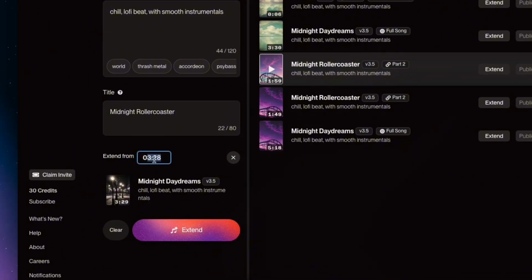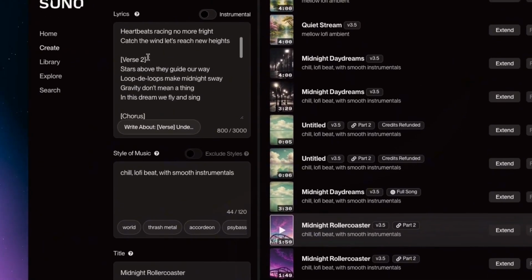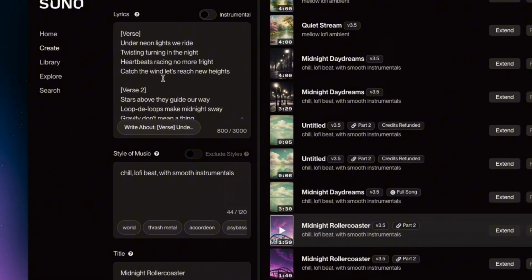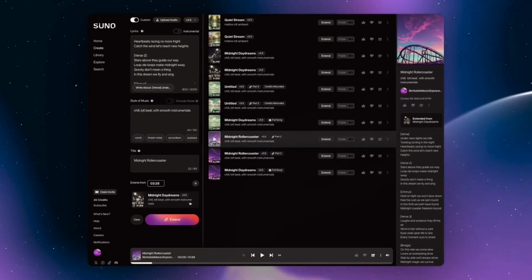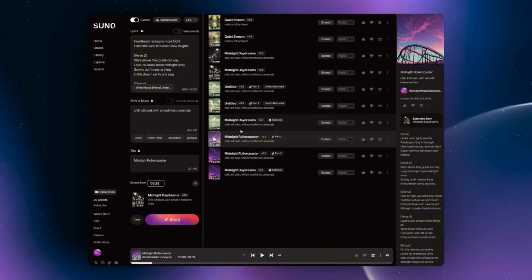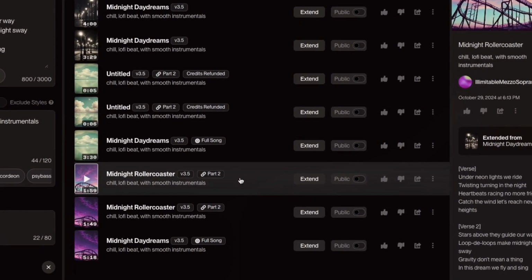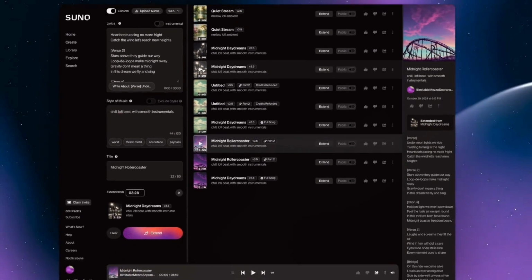Of course, I do recommend double checking at what point you want it to extend, because if you extend from a random place, it might just cut off the song suddenly. So let's say I just want to do 3:28. Then I can input some new lyrics, either writing them myself or using their AI suggestions. I can also ask it to change the style of the song and create a new title. Once I hit extend, it creates a new song that takes from the original song you're extending off of, and then creates something new. I did that earlier. So from Midnight Dreams, which sounds like this,